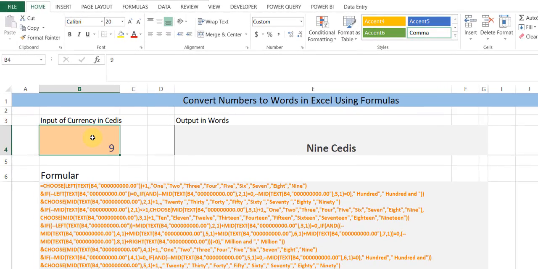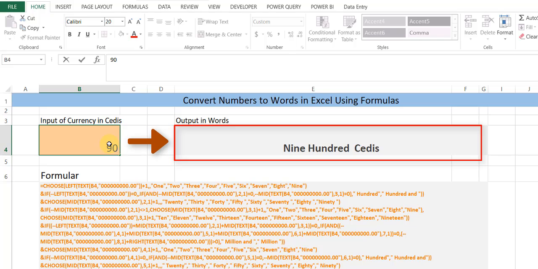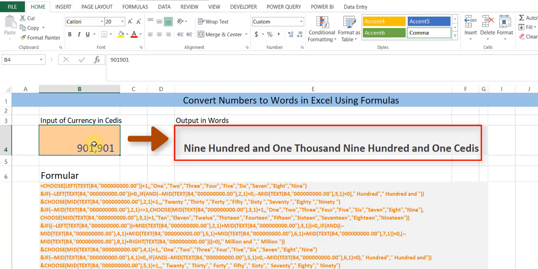So you see that the moment we input the numbers, example 900 Ghana cedis, automatically the output comes out in words. If we input 901, we get the output in words, 901 cedis. So this automatically gives us the numbers that we input in words, and this is really helpful, and